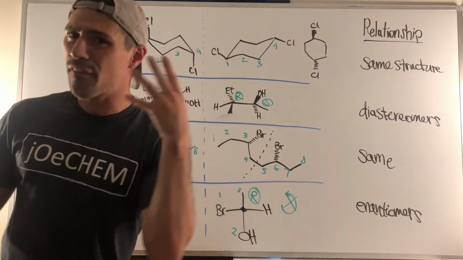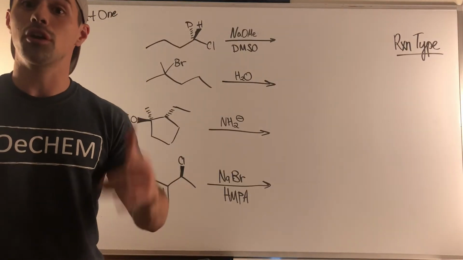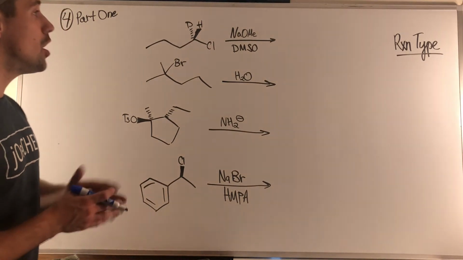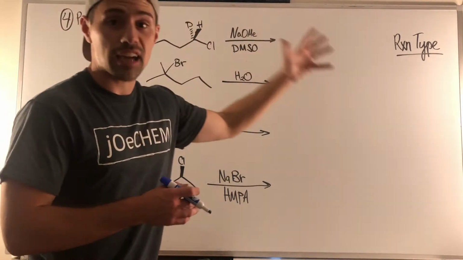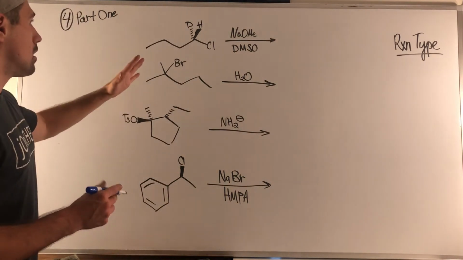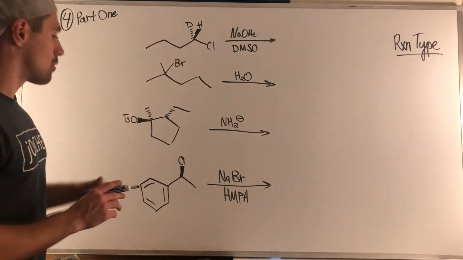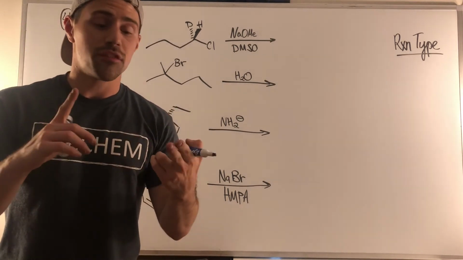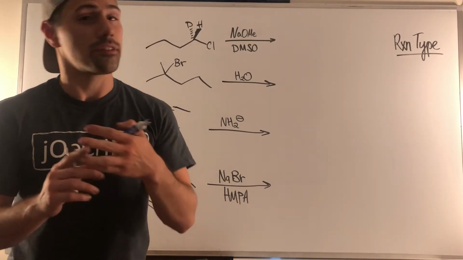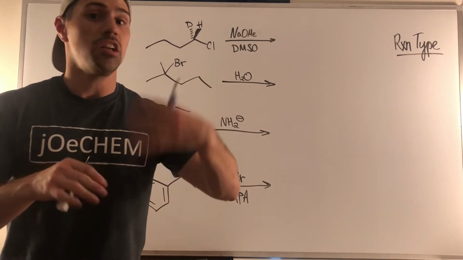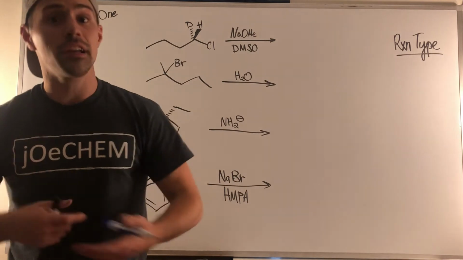On to 4. Okay, gang, for the first part of part 4, we have substitution elimination reactions. Our job is to identify what kind as well as complete that bad boy. So if we take a look at the first one, remember our checklist. You have to think about the status of your leaving group, the fact if you've been given a good nucleophile or a good base, the degree of your substituent carbon, whether it's methyl or primary or secondary or tertiary, and